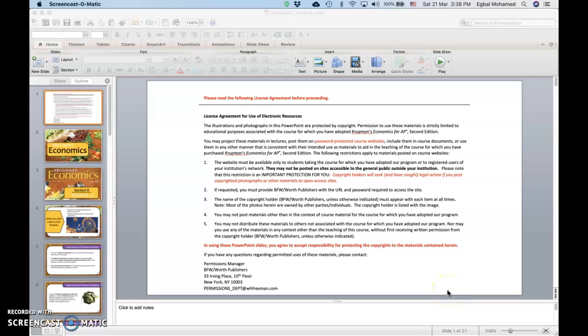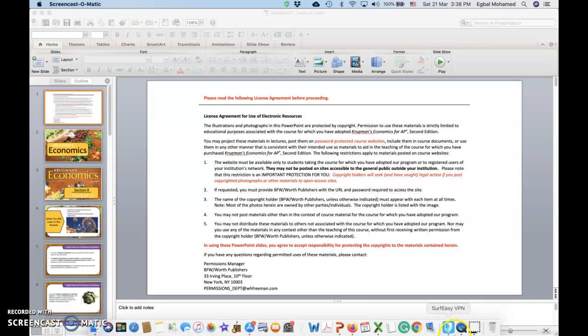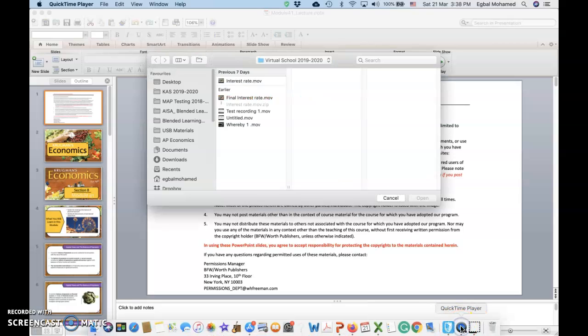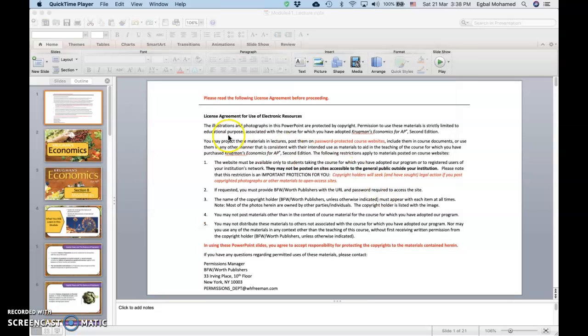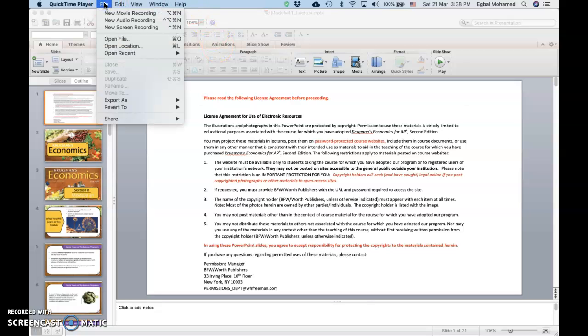Hello, this is a video to show you how you can use QuickTimePlayer to record your screen. So open QuickTimePlayer, and when you click on QuickTimePlayer, the first time it will open a window like this. It's asking you if you want to open a file that already exists, and you can just cancel this and then you're ready to go. So at the top of the menu, you will have File, and you click on the